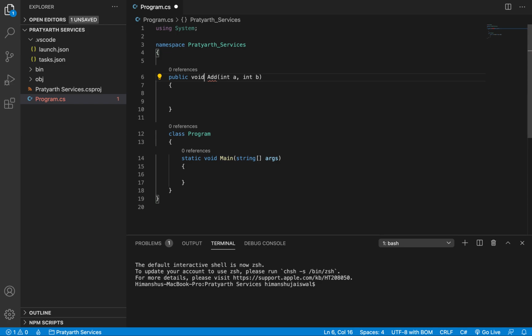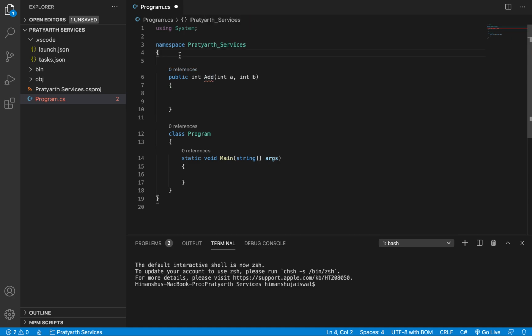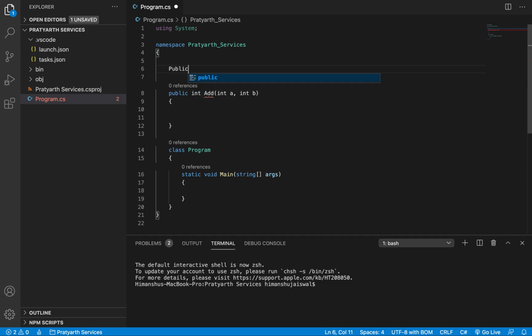Okay, or you can return whatever you want, public int add, and it's taking two parameters. What it's saying is a namespace cannot directly contain the method. That means you need to define a class here.